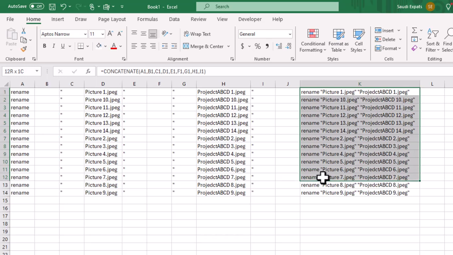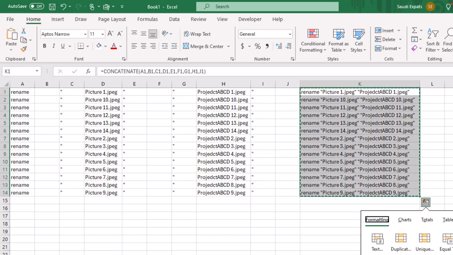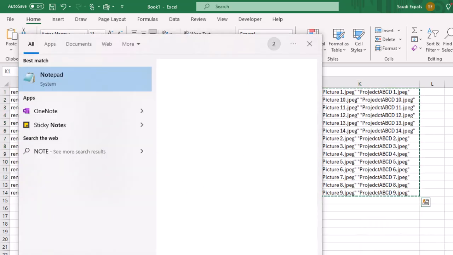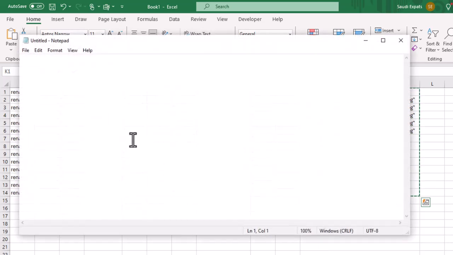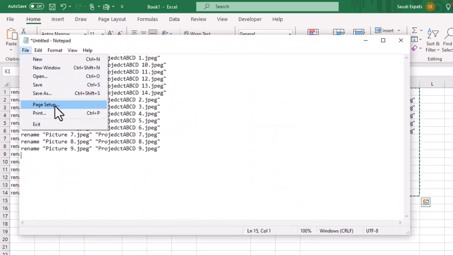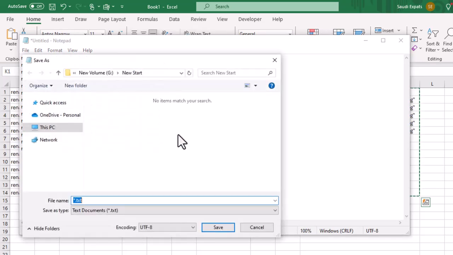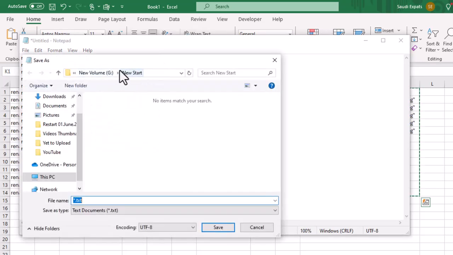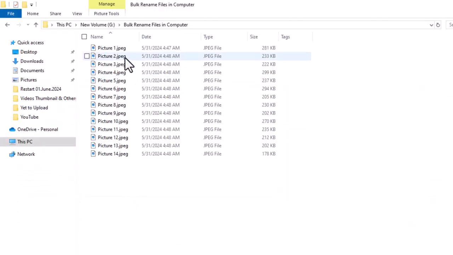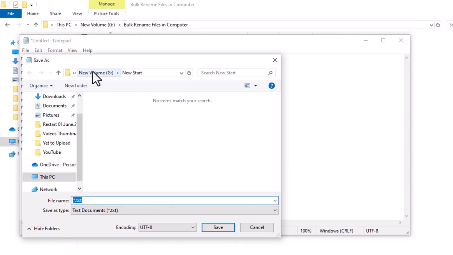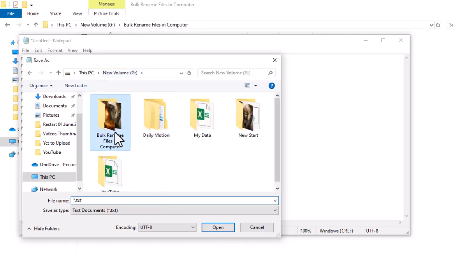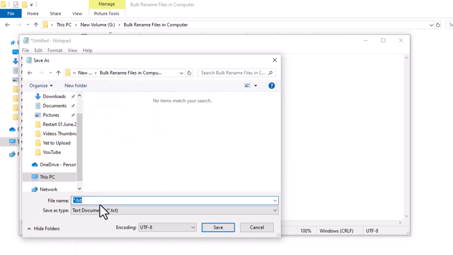Now I will simply copy it. I will open Notepad. In Notepad, I will simply paste it and then I will go to file, do save as, and I will save this file exactly in the location where I have the original files. You can see here I have the original files, this computer, new volume, bulk rename files in computer. So in the same location, I will go to this bulk rename files folder and save the file as